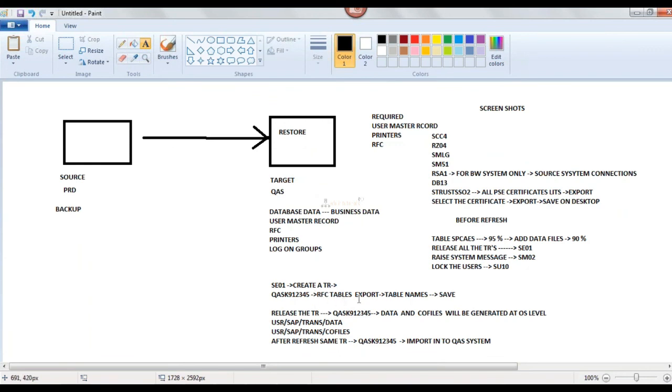And the user master record, I have also taken an export, correct? So this user master record transport request also I need to import here. If I import after restore, then I can get my quality users back after the refresh, correct? So these are the system refresh activity steps.